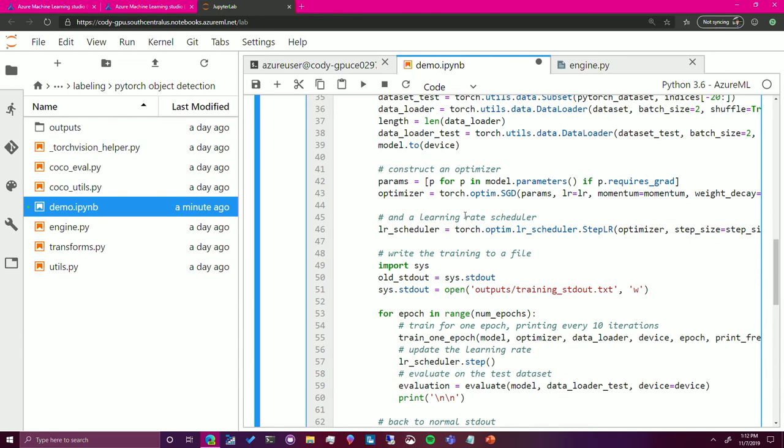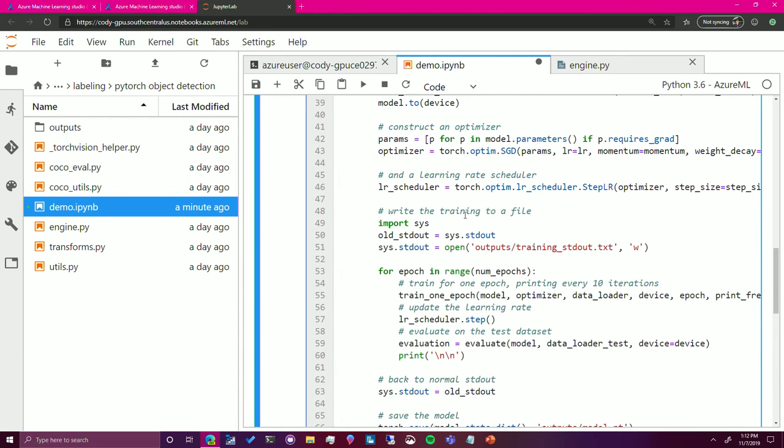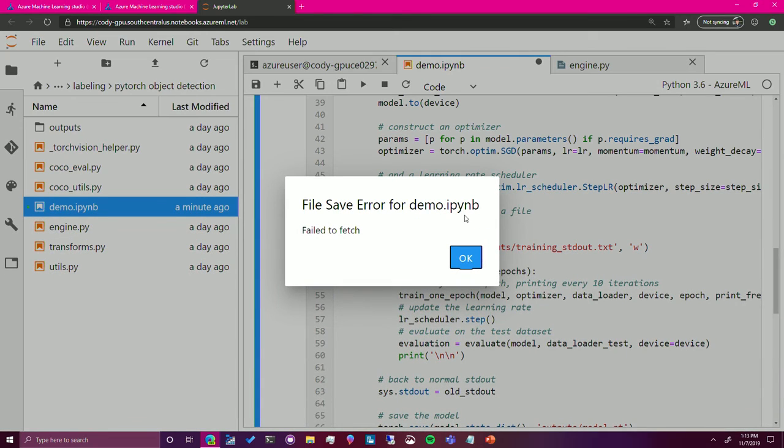I'll set up my learning rate scheduler. And I'm going to output our standard output to a file so that it's captured in our run snapshotting and uploading capability so that I can track it later in the Azure portal. This means that I've tracked all of my experimentation so I can see what I used as input to the training as well as what the output was.